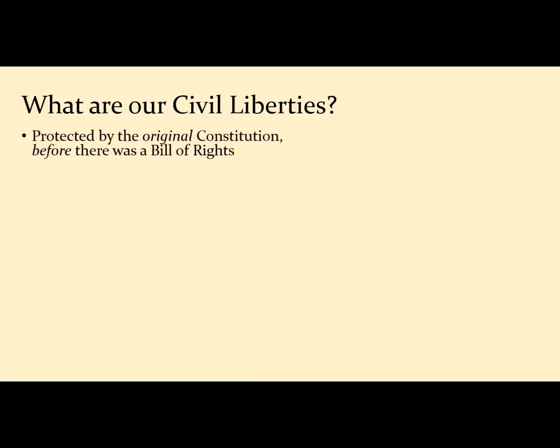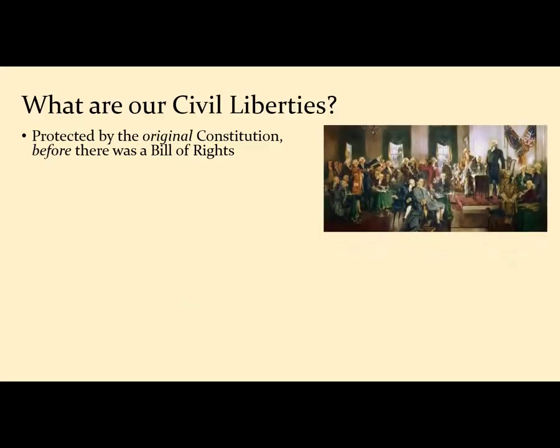The enumerated civil liberties can be found in the original Constitution, not just the Bill of Rights. The Constitution, if you recall, was written to create and limit the powers of the national government. It did not have a Bill of Rights when it was submitted to the states for ratification, but it did limit the power of the national and state governments in certain specific ways. Looking now just at the original Constitution, we'll see limitations on the national government in Article 1, Section 9,